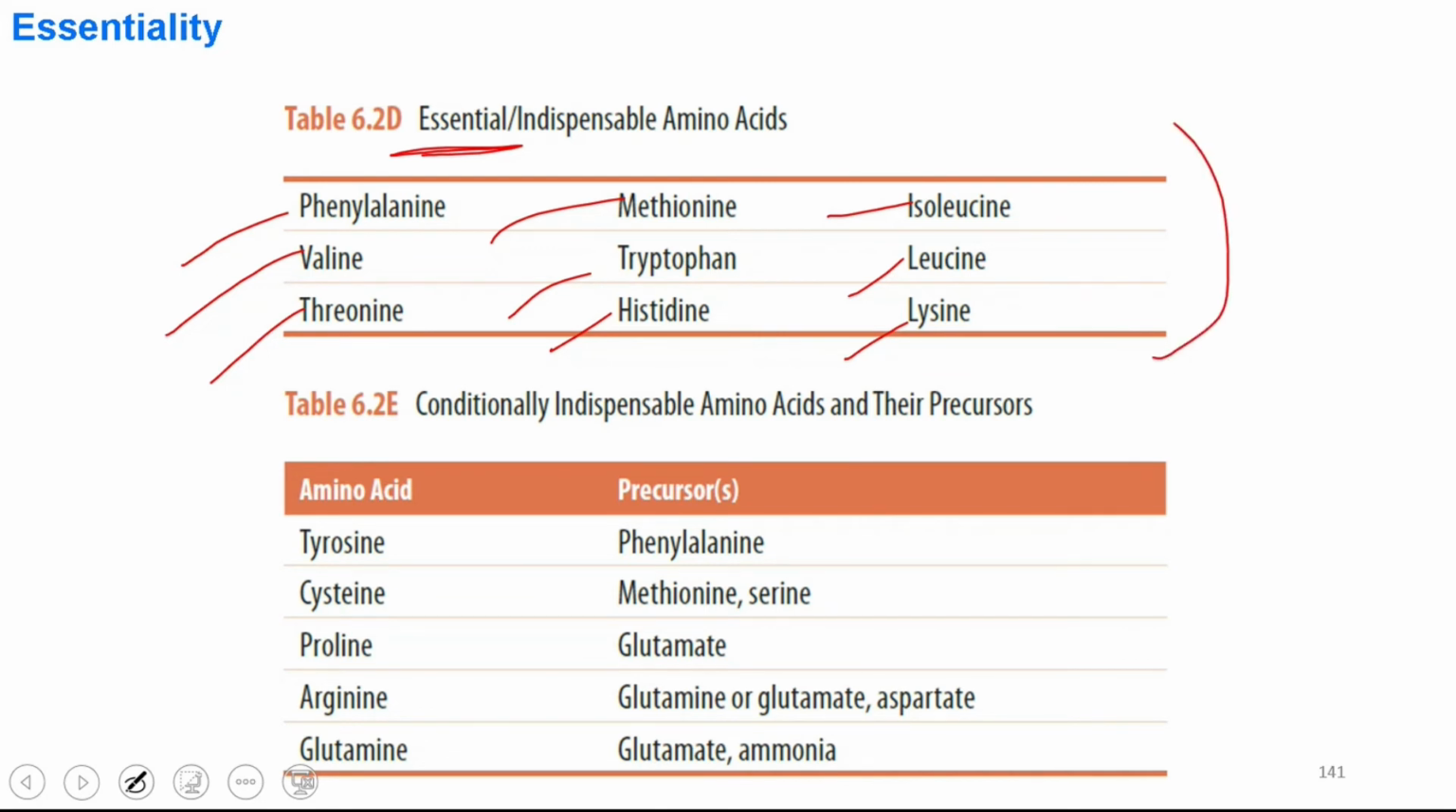Okay, some conditionally indispensable amino acids and their precursors. Tyrosine, cysteine, proline, these are